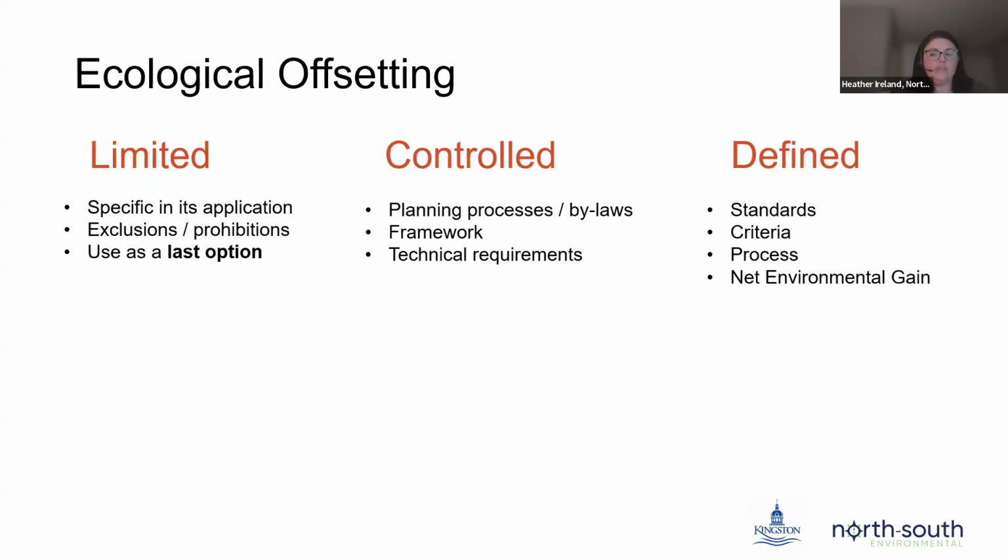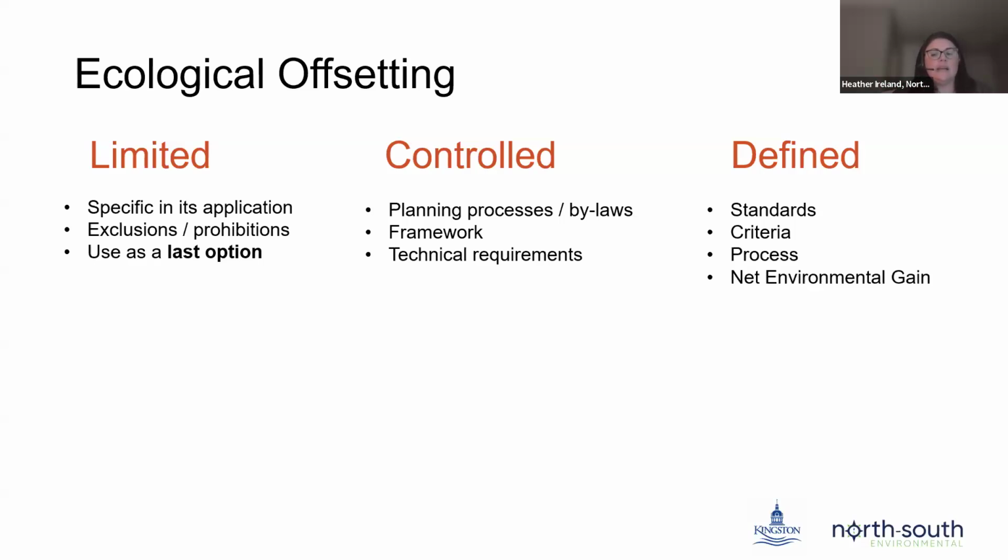So moving on to ecological offsetting. We heard many in the community emphasize the importance of supporting key habitats like wetlands, forests, riparian areas, and headwaters. But there was also very much concern around ecological offsetting, which is mentioned within the natural heritage study. It was generally not supported and can often be viewed as difficult to implement effectively. Again, the term ecological offsetting really can be misleading or considered a bad term in natural heritage planning, because it really suggests that nature can simply be replaced.